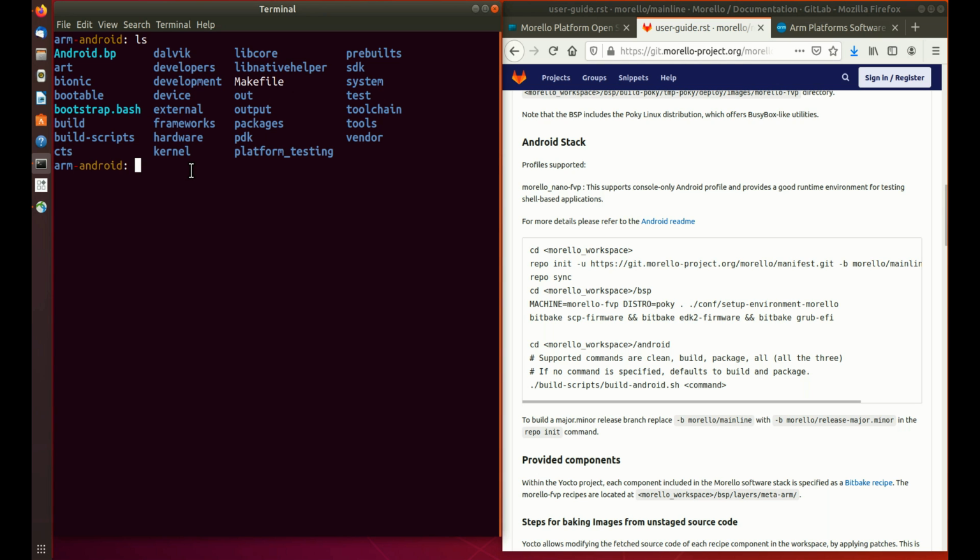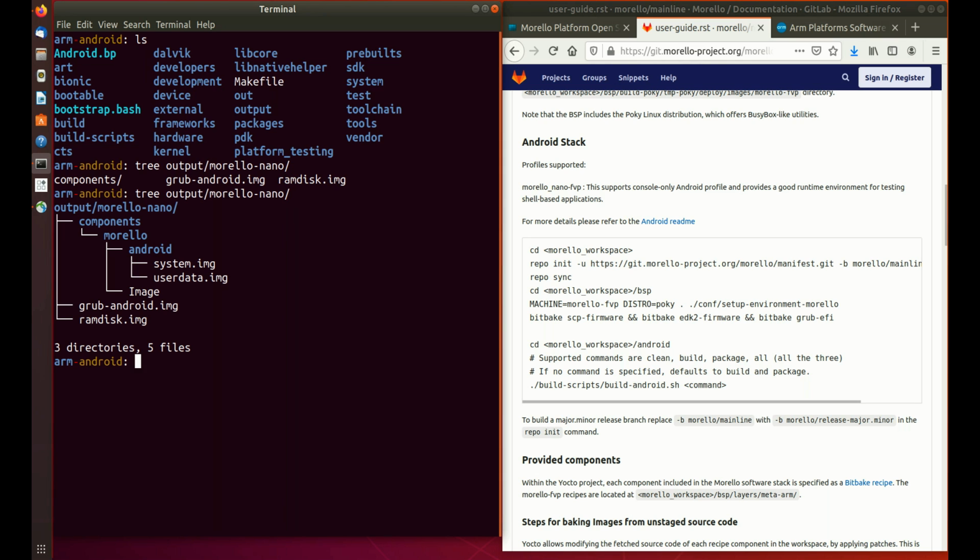These are the images that will be executed by the model. Lucky for us, the build script has already copied these images to the target folder that will be used by the run model script. Locate them by typing ls